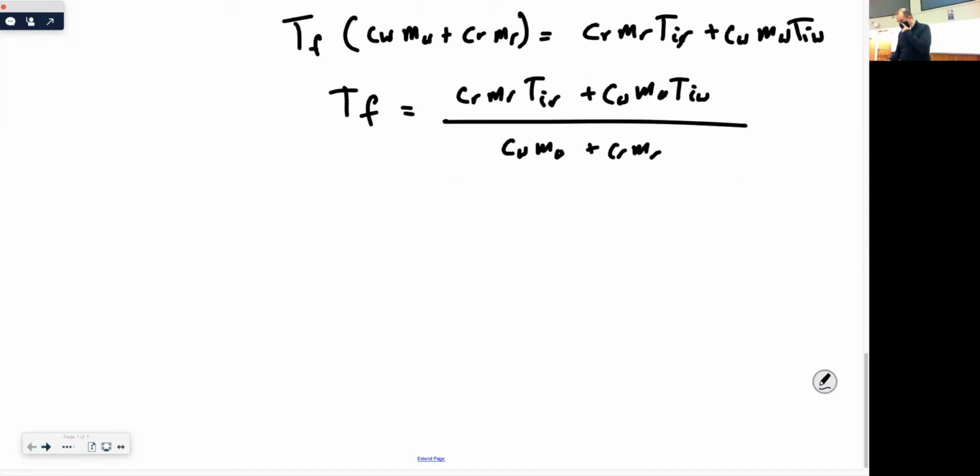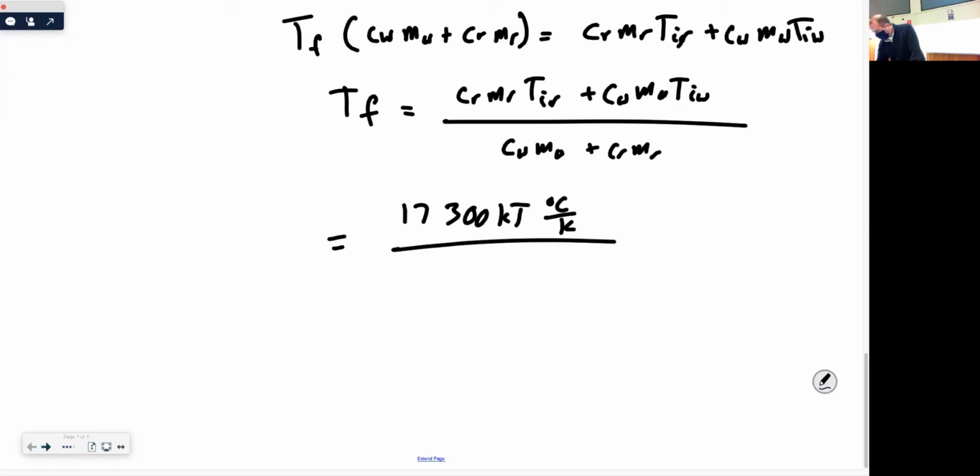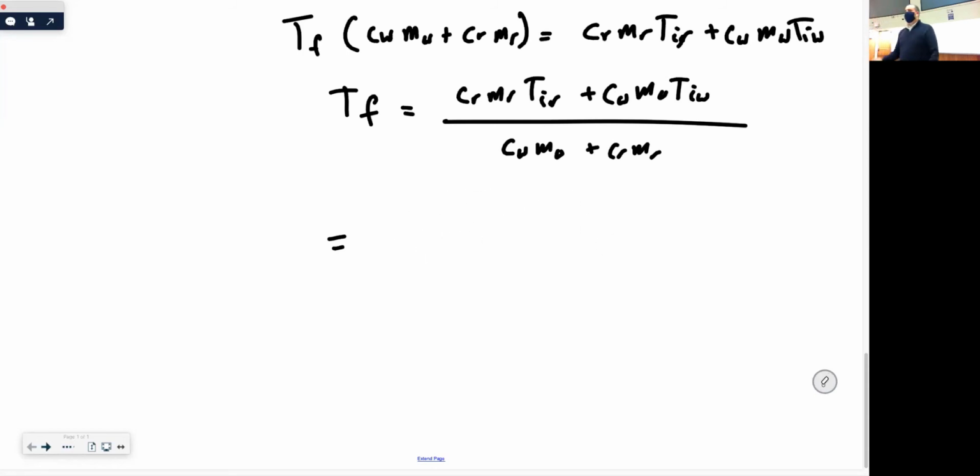You could throw in some numbers and see what this gives you. If you do the whole top part out, I'm not going to bother to write the intermediate numbers. You get 17,300 kilojoules degrees Celsius per Kelvin divided by... Actually, I think it is instructive. I'm gonna do the intermediate steps so you can see. I'm actually not gonna convert degrees Celsius to Kelvin because I don't have to, because these are gonna be delta T's. So I won't have to actually convert to Kelvin if I don't want to.